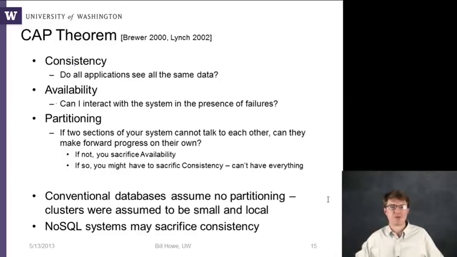Okay, so another concept I want you to be familiar with is the so-called CAP theorem from Eric Brewer in 2000, with a follow-up paper by Lynch in 2002, where they define these three notions: consistency, availability, and partitioning. The way this is often described is you have to choose two of these. You can't get all three. You have to choose two or sacrifice